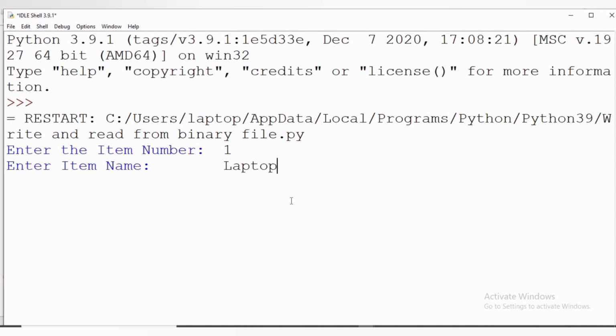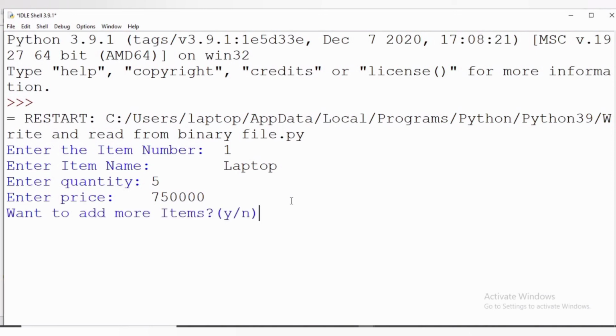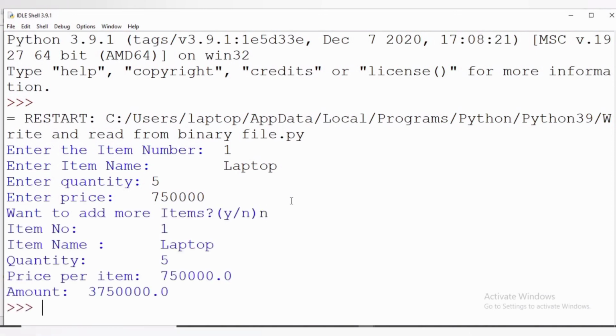I am simply adding the values and now we are pressing no as we don't want to continue to add more data. Now we can see the data after reading the file.